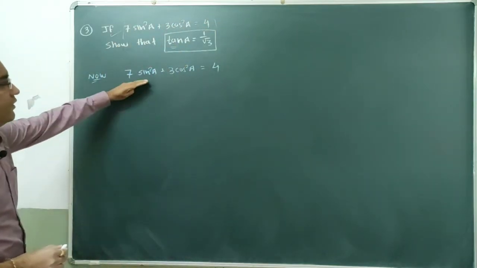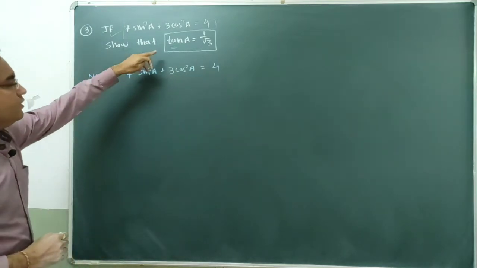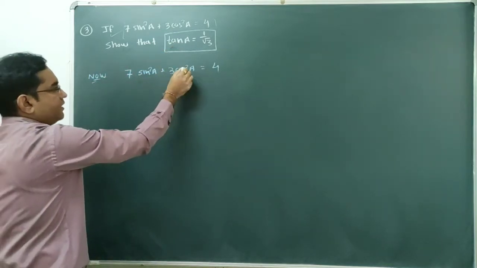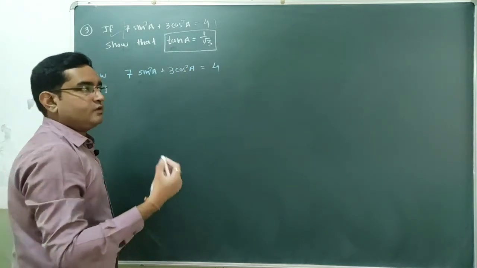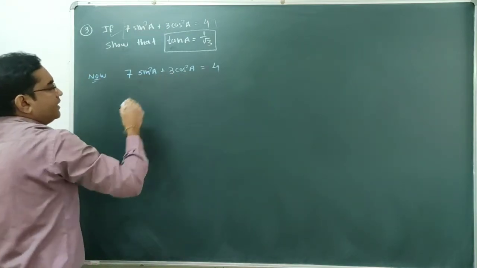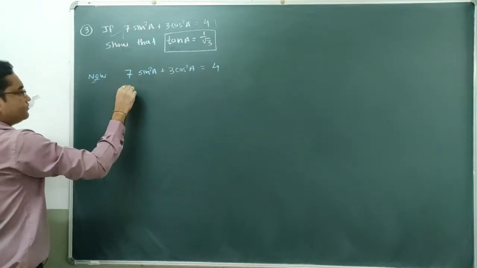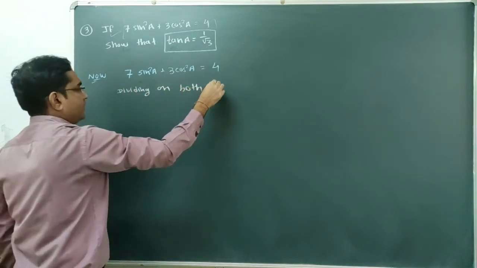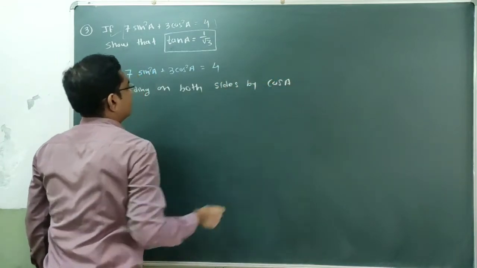So here in this given expression, our trigonometric ratios are sin and cos, but here we require tan a. So first we have to convert this sin and cos into tan. So how can we convert this sin and cos into tan? Here our logic says that if we divide this equation on both sides by cos square a, done? So dividing on both sides by cos square a,